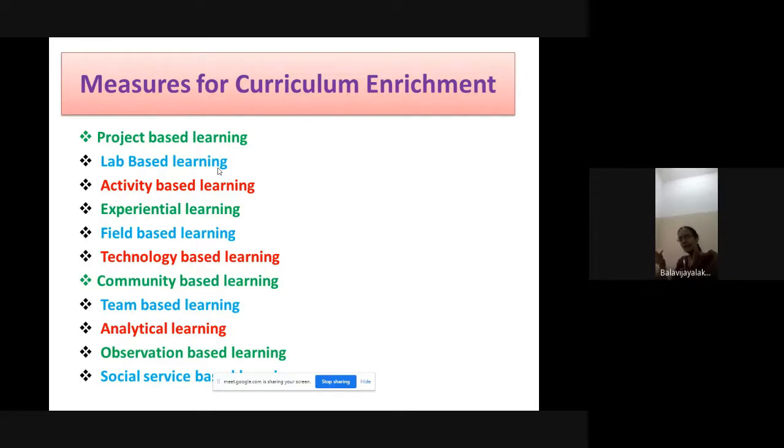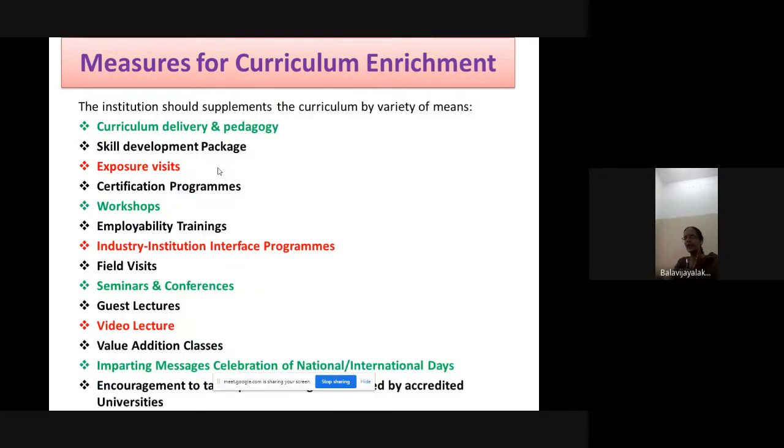There should be some activities organized for team-based learning, so that the students start working on their skills development, and they have to be very confident in their analytical skills and the observations they are able to make. That kind of inculcating the values of the student, the responsibility of the student for social service, and also